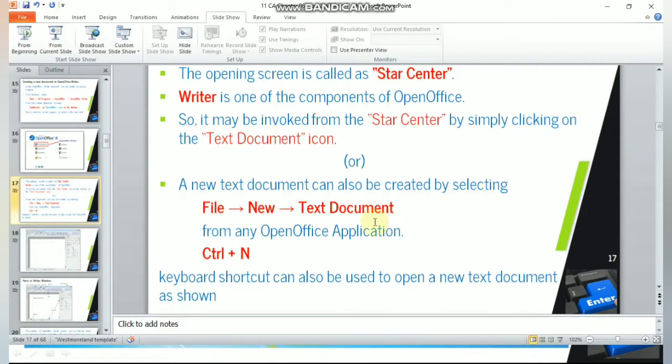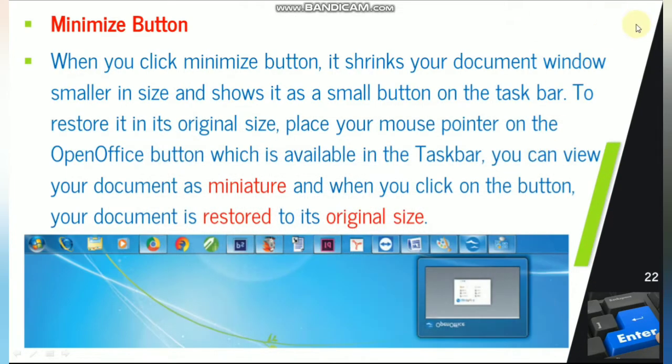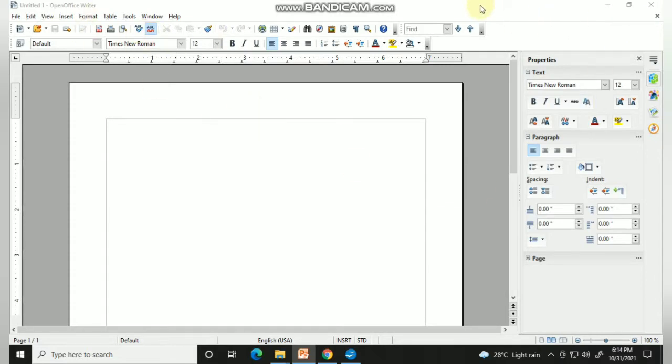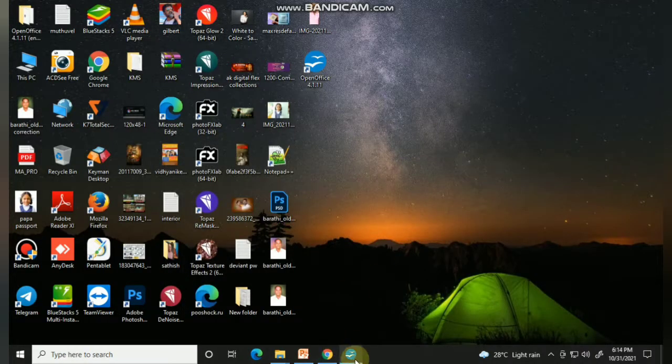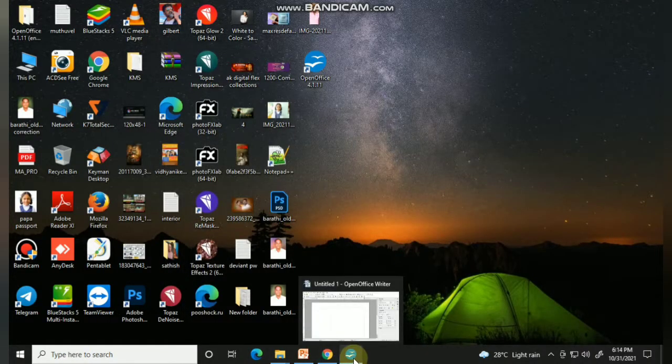See here, this is my OpenOffice Writer window, and here I have my minimize button. If I press the minimize button, it will shrink and go down to the taskbar here. If I move the mouse pointer here, it shows a small image of my OpenOffice Writer.